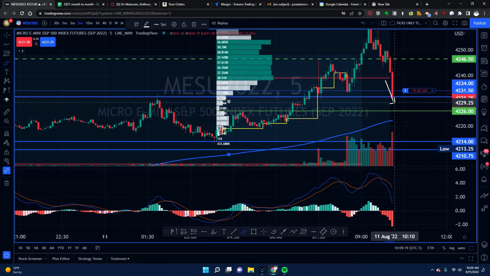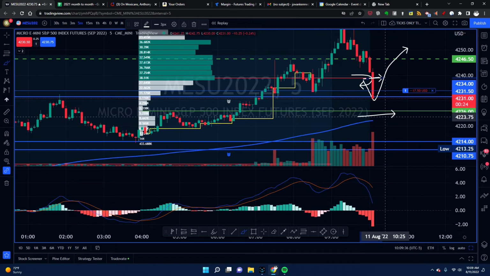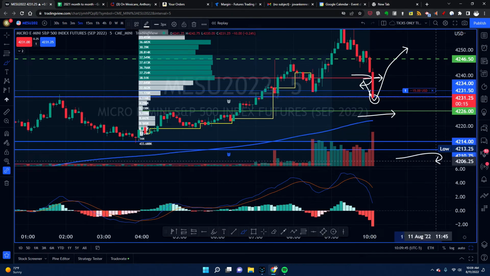So it's not going to fall too much and bounce. If you put your order here and put your stop below here, it could work out, and you'll think it's because of this high volume node that stopped price, but it's most likely going to be because of the low volume node where no one wanted to trade in. Does that make sense? It's most likely going to be that area that rejects price underneath your high volume node, and since it typically goes high volume node, low volume node,